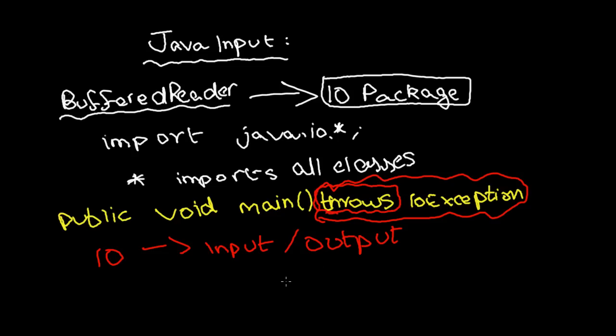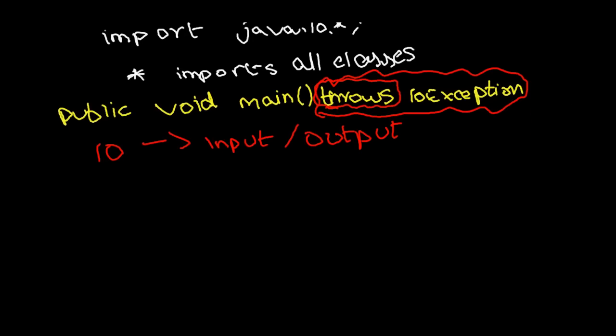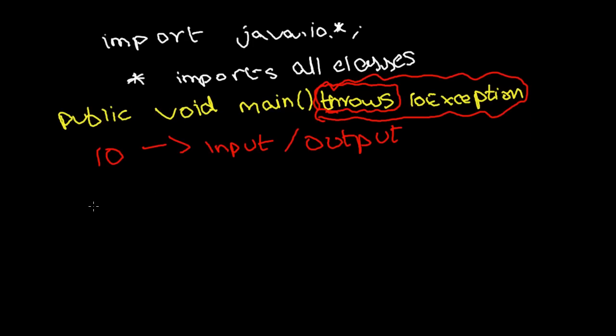I don't think there's any other way I can make sense out of IO exception. You just have to remember that IO exception is a kind of an exception, an error that comes at runtime. It might come. So to give a precautionary measure, you put the word throws. And that's about it for the function definition. Now let's proceed down. After that, what we normally do is we create an object for the buffer reader class. Buffer reader, mind you, there's no spaces between buffered and reader.